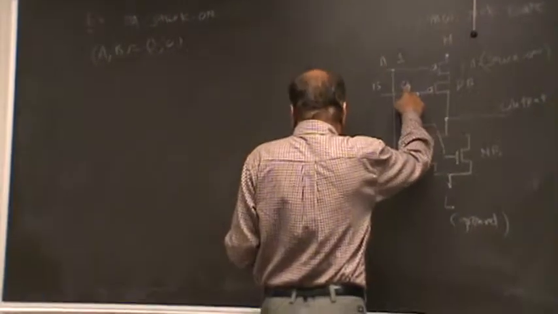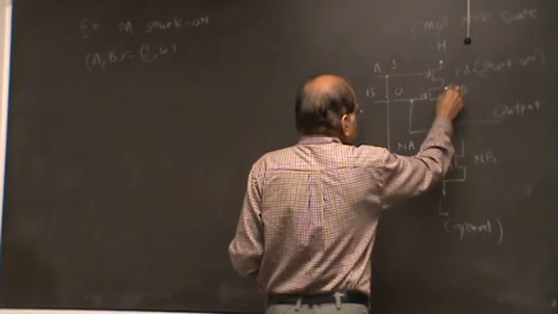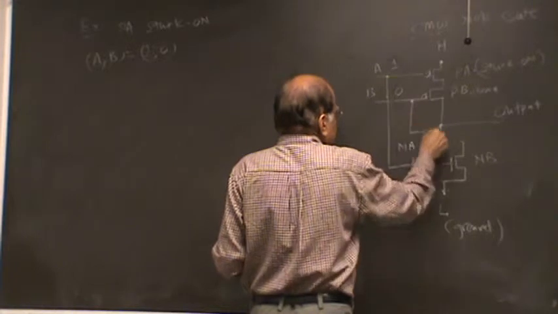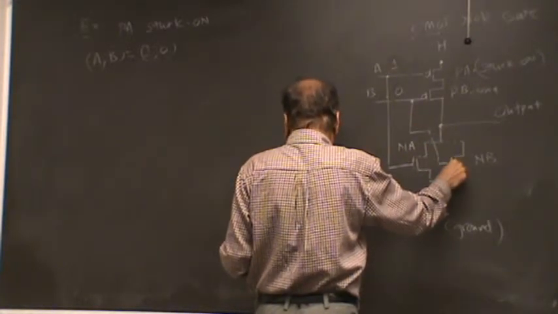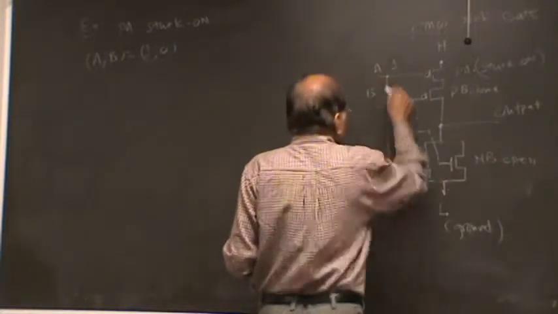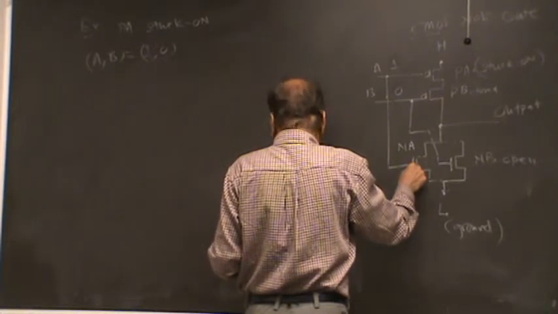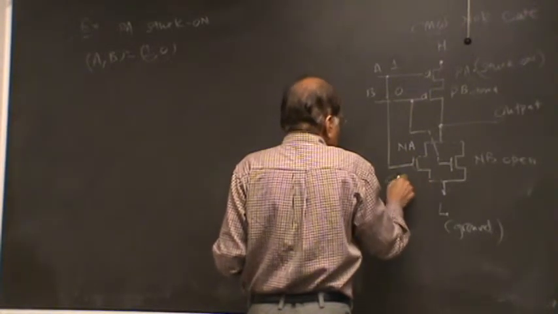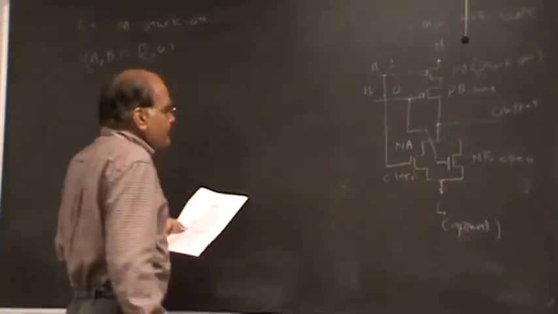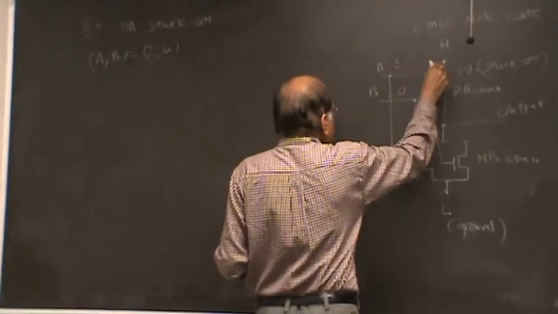This is 0, and this is a P-type transistor, so this is closed. And this is 0, and this is an N-type transistor, so this is open. And this is a 1, and this is N-type, so this is closed. Okay. And this is 1 and this is